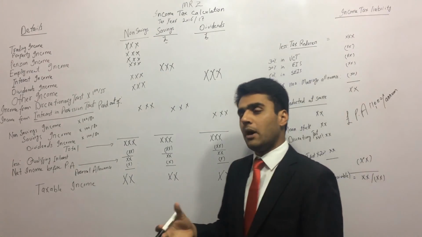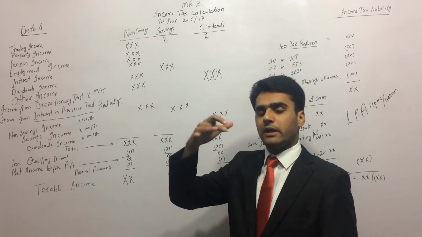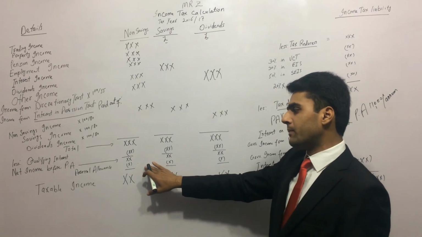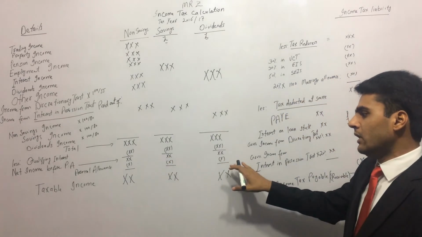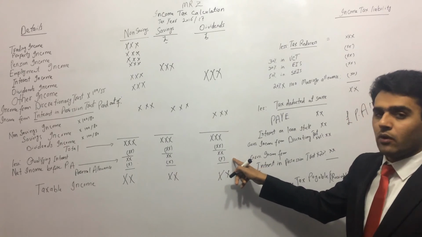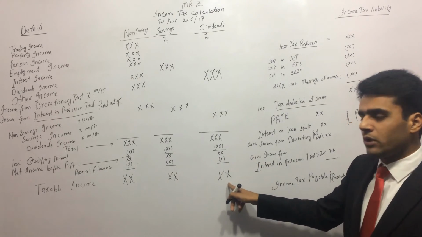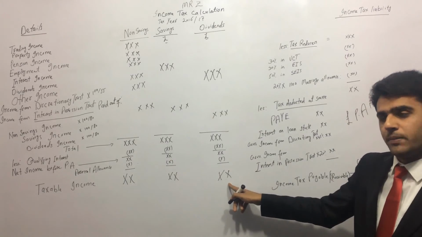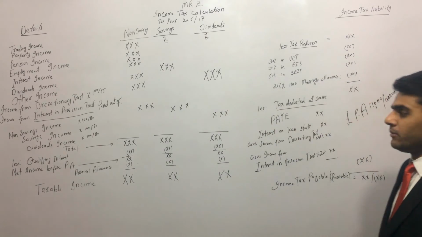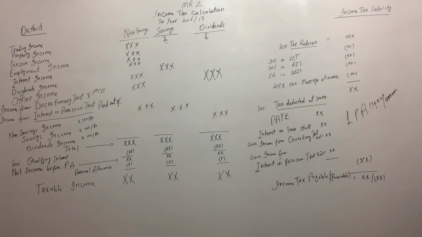The personal allowance is the amount up to which we do not have to pay any tax. So that's why I deduct the £11,000 out of this amount. Now, say for example, if I had 15,000 there, I will deduct 11,000 out of that. Only 4,000 is subject to tax, on which we have to pay tax. So that will be my taxable income. All right? So that is my taxable income on which I have to pay tax.